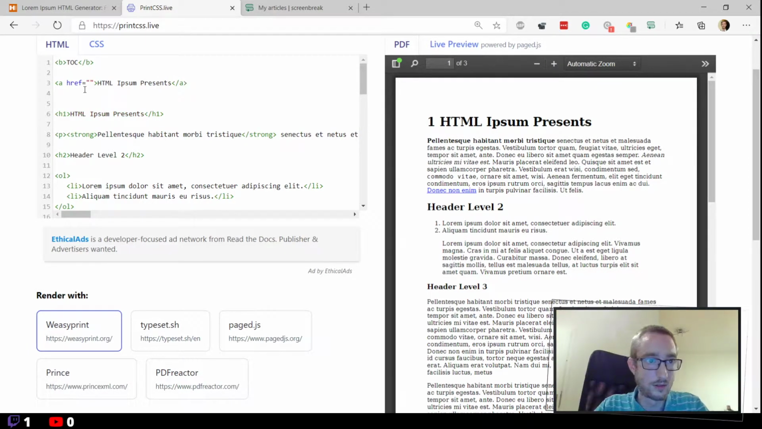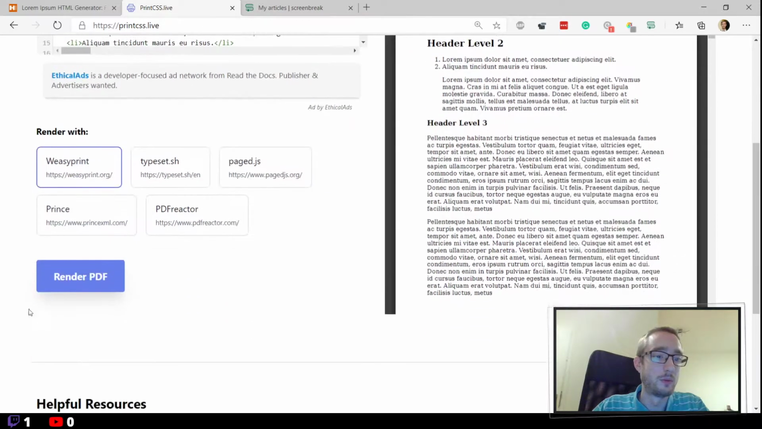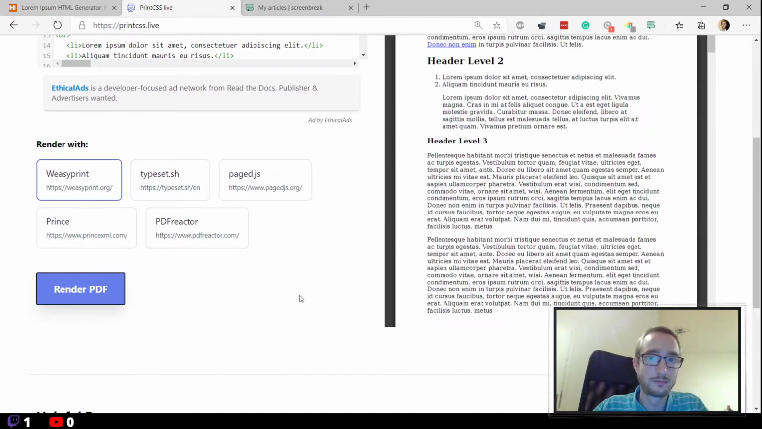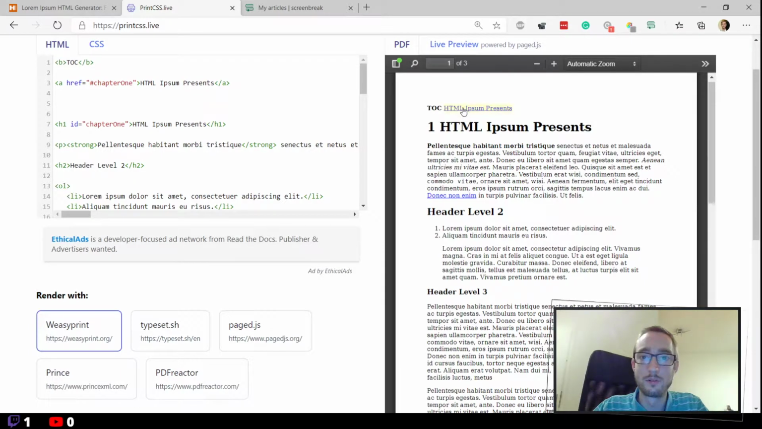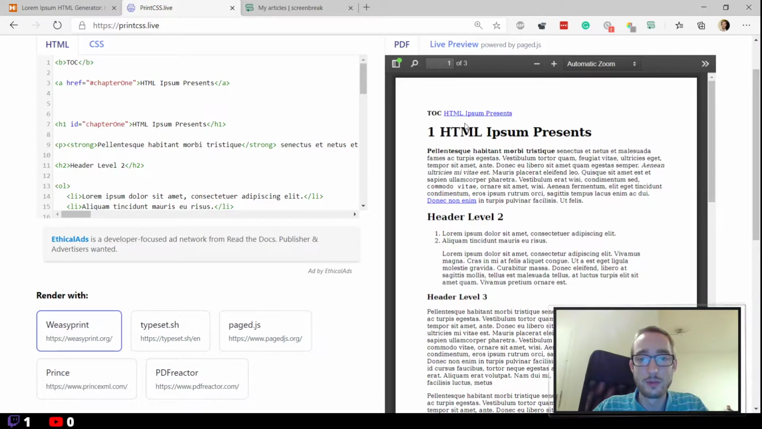and close that. And now let's say this is linking with a text anchor to chapter 1, or let's call it chapter 1 like this, and we give this h1 the ID chapter 1. So now what you can do is, when we render this, you'll simply see our ipsum presents, and it actually links already to this chapter, but it doesn't show us the